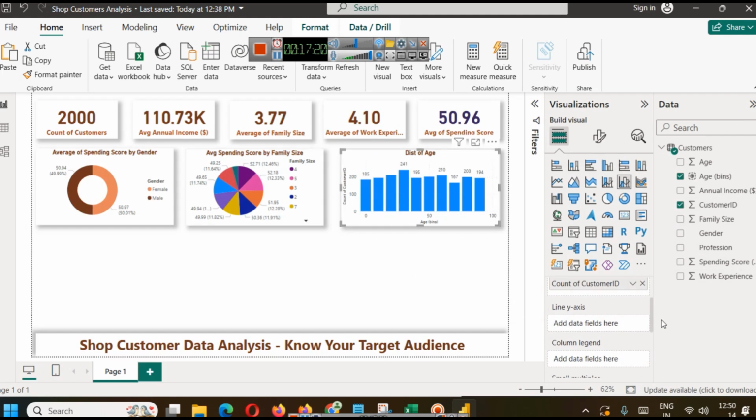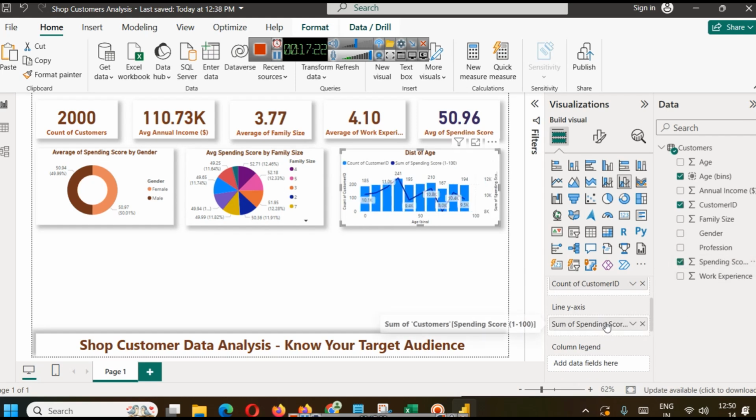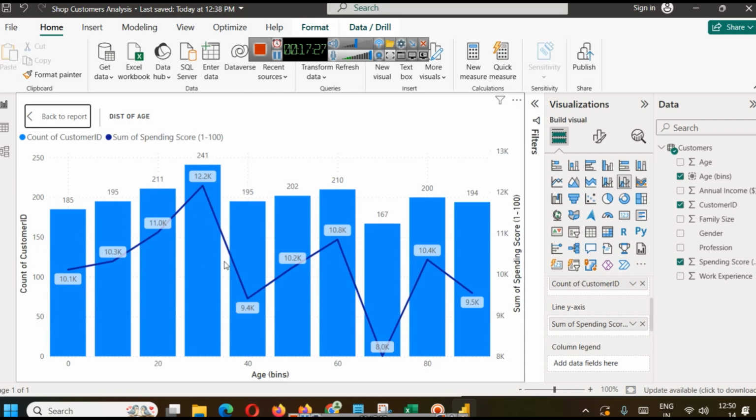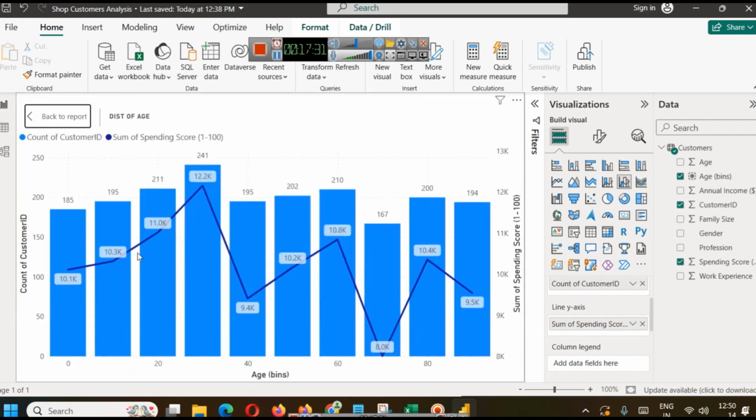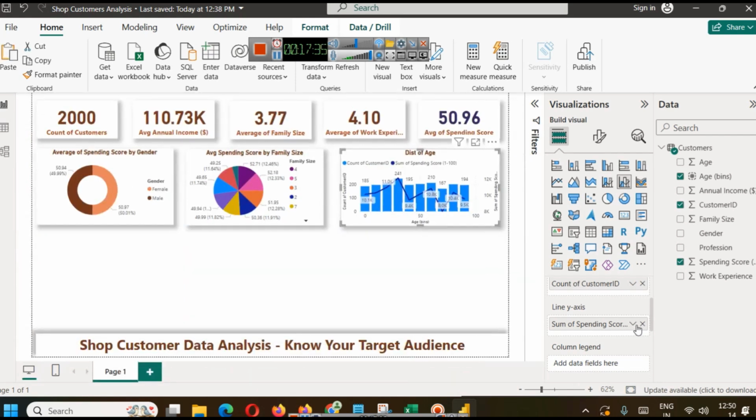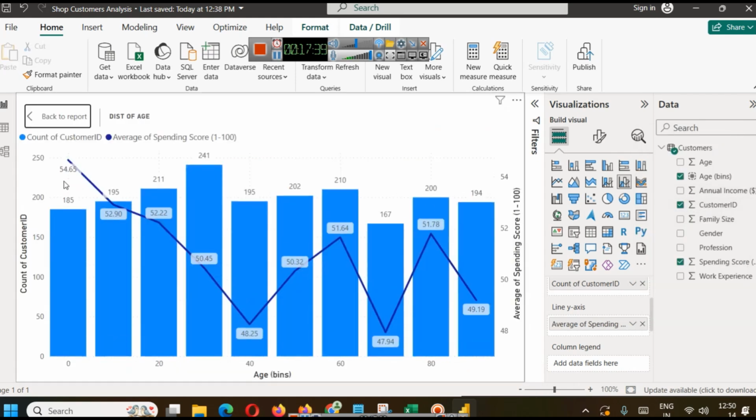Now in line axis, we can bring the average. So you can see if you want to bring sum, you can bring sum of value here. So you will see total spending score for all customers. Or if you want to see average, you can also bring average here, right? You can see average spending score is highest in case of 0 to 10 age group, then 10 to 20,